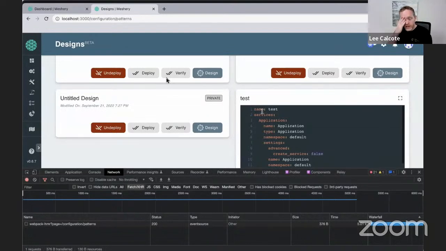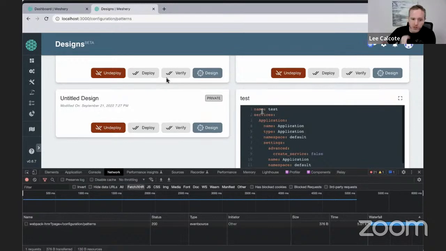At some point we'll have enough actions that we'll start to qualify what's appropriate pre-provisioning and what's appropriate post-provisioning. And I don't know if this would ever be true, Meshery might be intelligent enough to determine whether or not a given design has been applied to any given cluster.